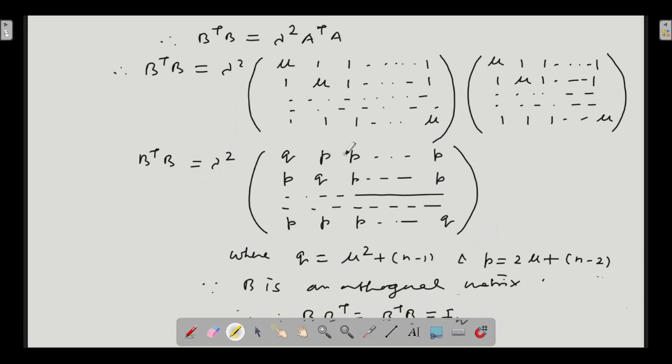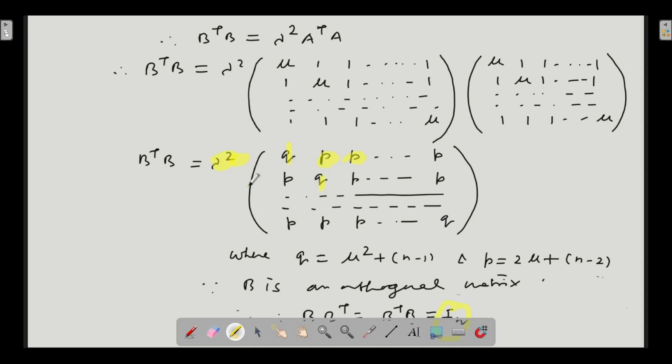And what about the off diagonal elements? This element multiplied by lambda square will be equal to 0. This element multiplied by lambda square again will be equal to 0, because it is an identity matrix of order n, that is n cross n order. So these things, the q